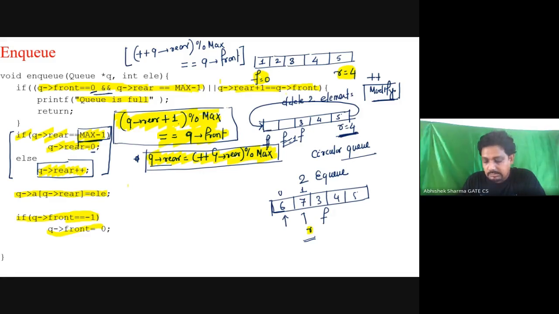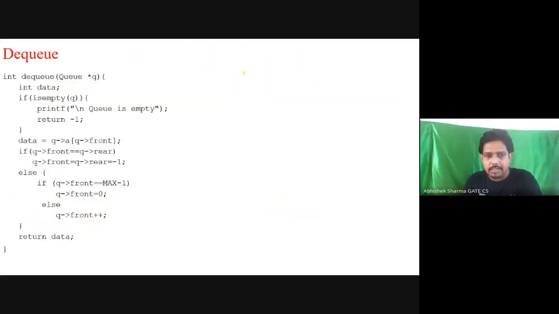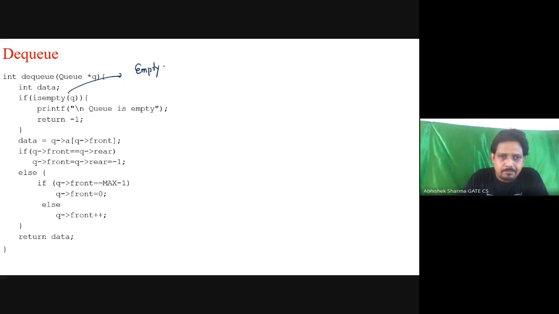Great. Now come to the DQ part. The DQ part will be the same thing, that is MTQ. And how do we check MTQ, because every time, front and rear, I have written MTQ in this case, and we know what MTQ checks. MTQ is a function that returns by checking q pointing to front, where it is pointing is exactly equal to -1.